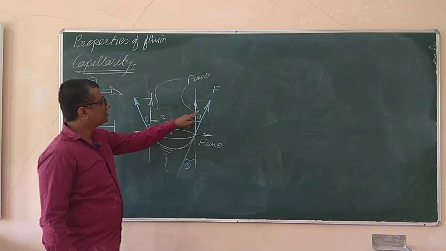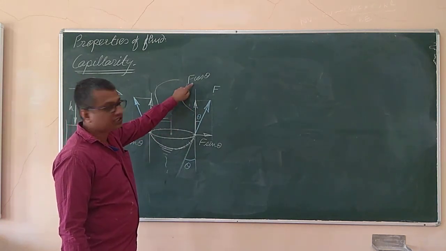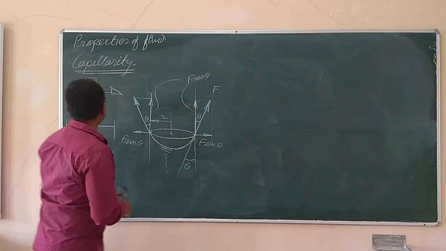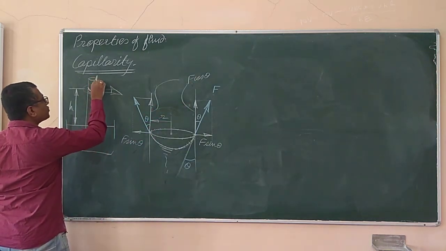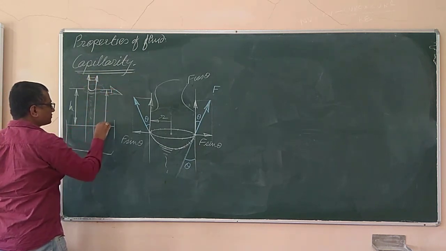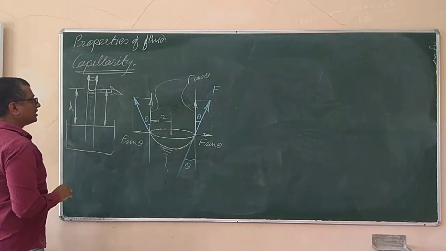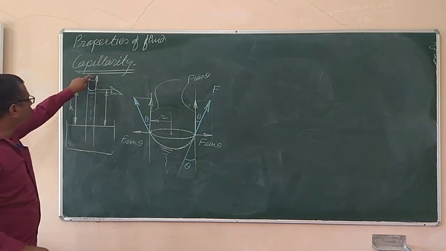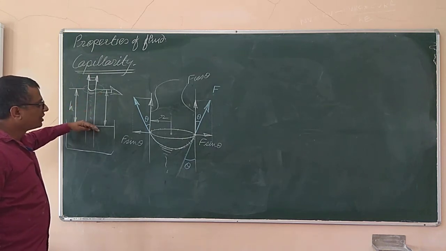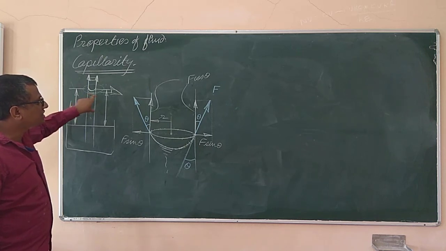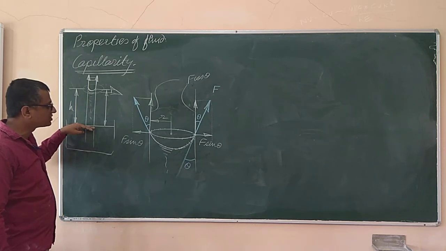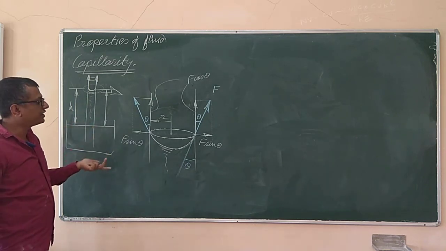But the component of the force in vertically upward direction, F cos theta, that will remain. And that force is actually acting and it is pulling the entire liquid column up in the vertically upward direction and holding the entire liquid column over here. Right? And that force is equal to the weight of the liquid column over here, which is coming above the liquid surface. And if we balance these two forces, F cos theta and the weight of the liquid in the capillary tube above the free liquid surface, then we will get the equation for h.